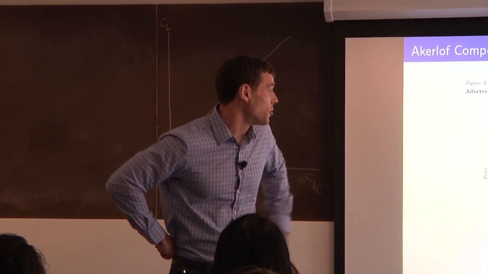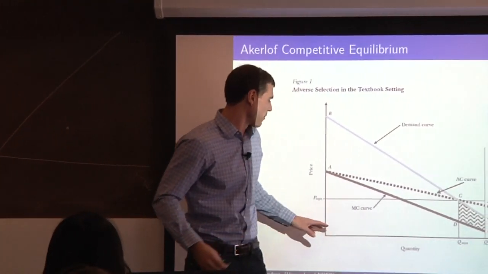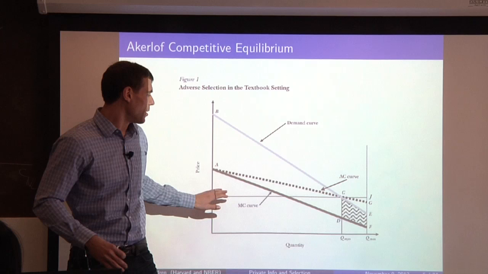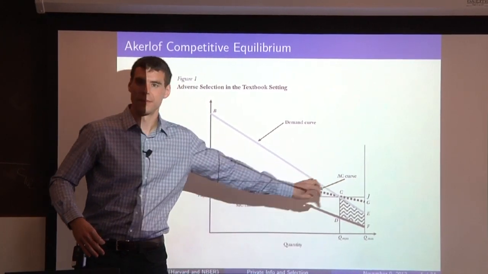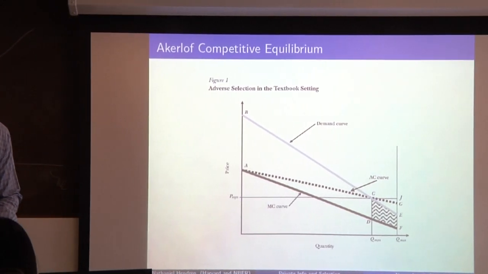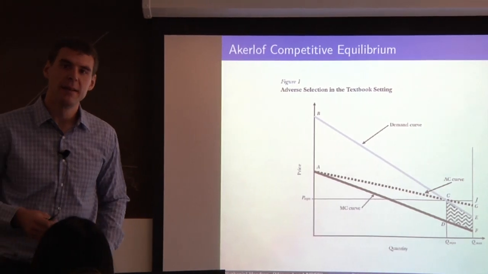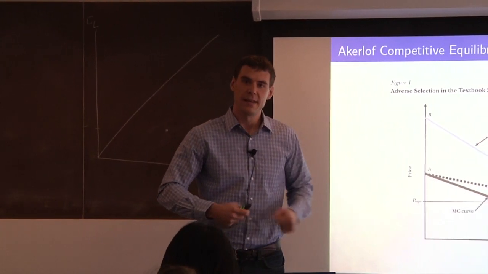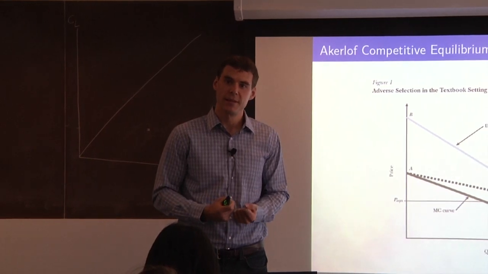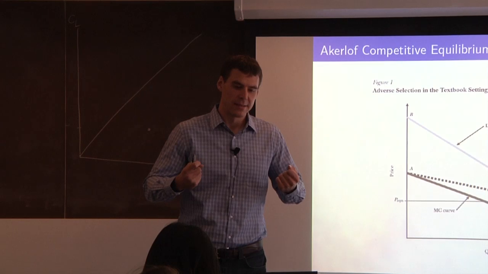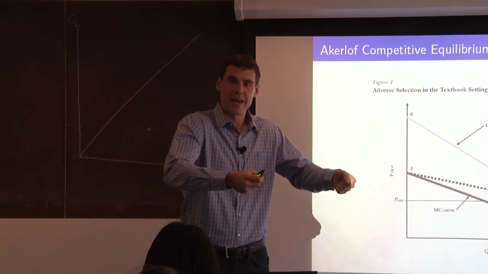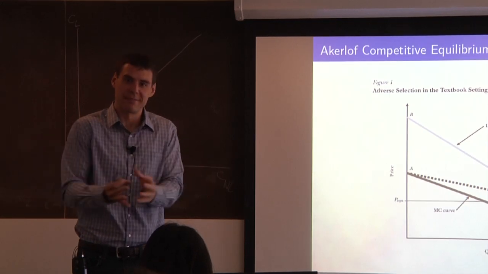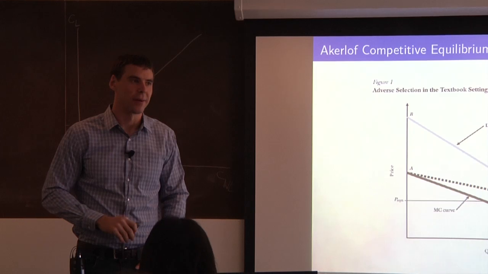You could imagine a not-too-crazy case, which people have proposed, where the marginal cost curve slopes up. Then you would still have an average cost curve that would differ from the marginal cost curve, and it would be the average cost curve that determines where the equilibrium lies. The basic logic is that the market price is the solution to a zero profit condition. The zero profit condition reflects the price times the number of people who take the policy, minus the average cost of the people who take the policy. That has to equal 0. And so it's just the average cost that's going to matter for the price in equilibrium.